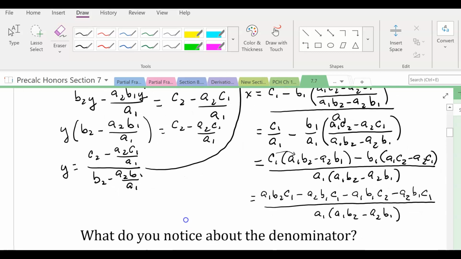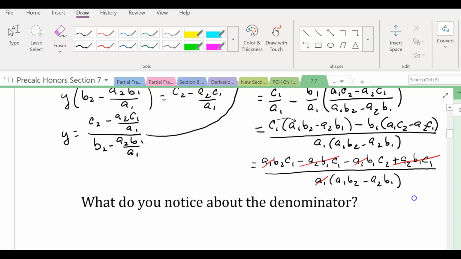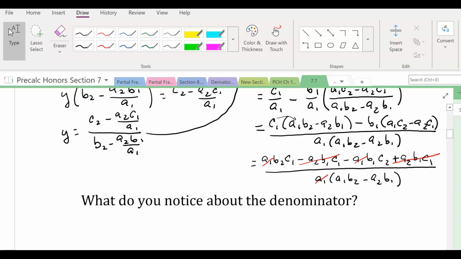So let's take a look at what we've got here. I've got an a1 b2 c1 minus a1, where'd we go? All right, this should be a plus over here. So then these two terms are going to cancel. This term cancels with this term. And then each of the terms in the numerator has an a1, and there's an a1 in the denominator, so those are going to cancel. So that a1 and that a1 and that a1. Now, with that simplifying finished,